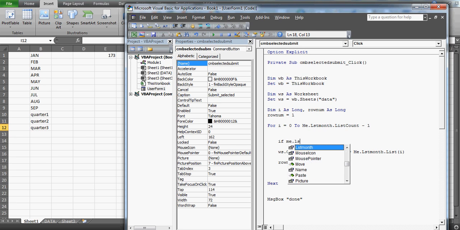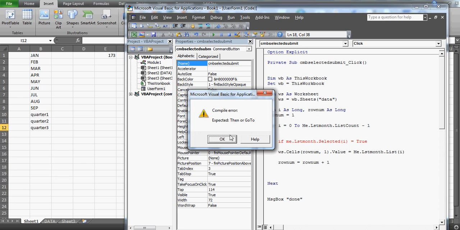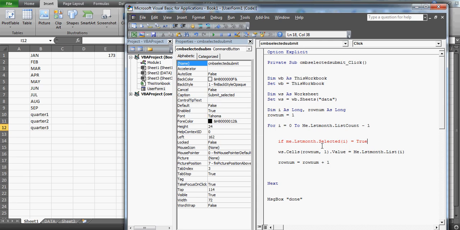We're going to write: if my ListBox Selected item, let me check, there was Selected is true, right? If you are true, which means if you are selected, then what I would like to do is export you, right? So in the Then condition this will go, else,